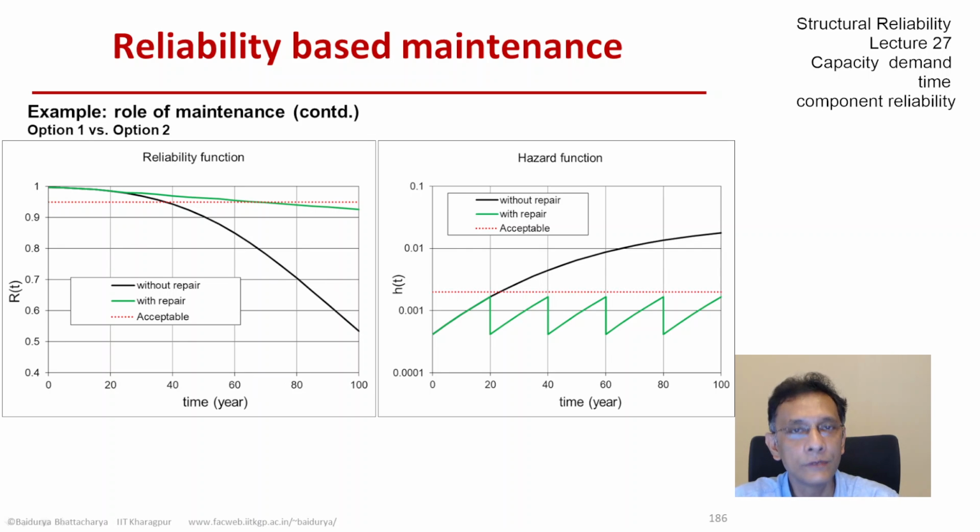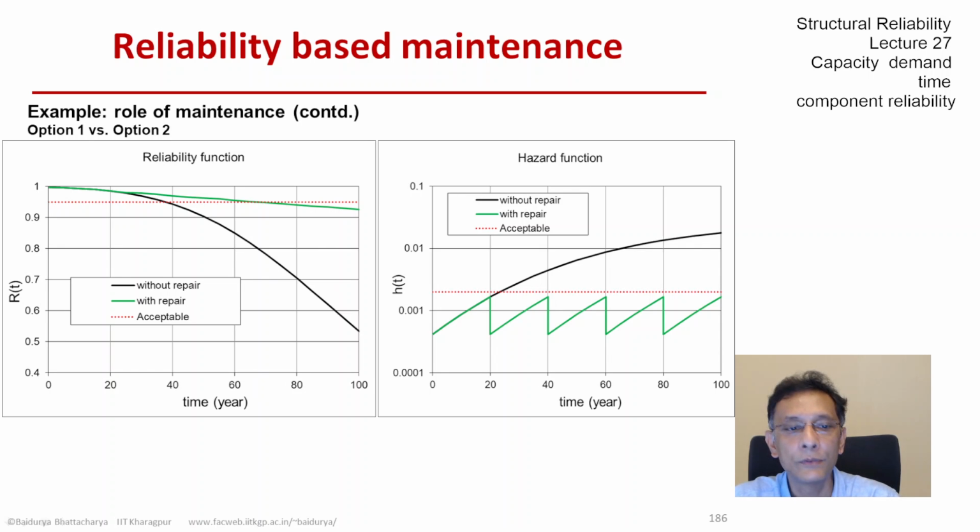The rate becomes again the same way as it was in the beginning, and it stays above the target way longer in the green case than in the black case. The hazard function, as I said, is periodic in nature. So if you do perfect repair, then the hazard function just repeats itself